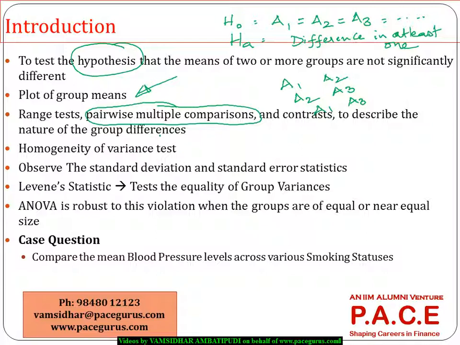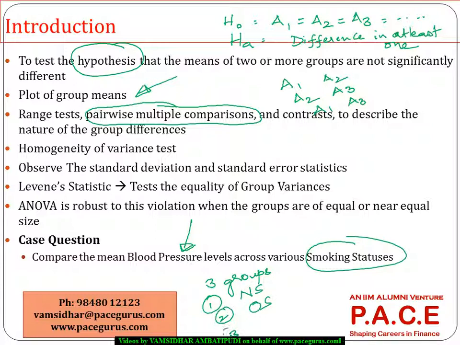of analysis of variance. So in our example, I would like to compare the mean blood pressure levels across the various smoking statuses. We have three smoking statuses, so I am looking at three groups of data. One is never smoked, occasional smoker, and heavy smoker. For these three groups, I want to see the systolic blood pressure level, whether it is uniform across the three groups